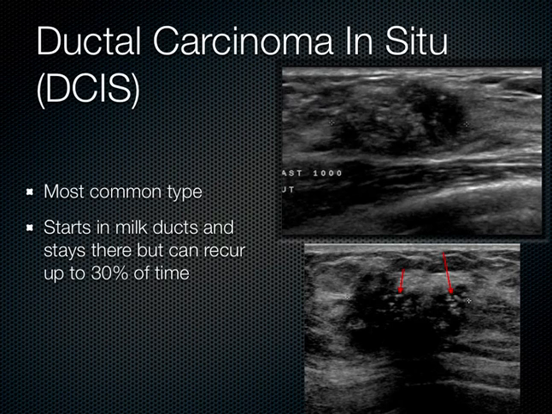Now this is the most common type of breast cancer. It's called ductal carcinoma in situ, or DCIS, and it starts in the milk ducts and usually stays there, but sometimes it can recur, up to 30% of the time it can recur. Now these red arrows here indicate the microcalcifications, and note how